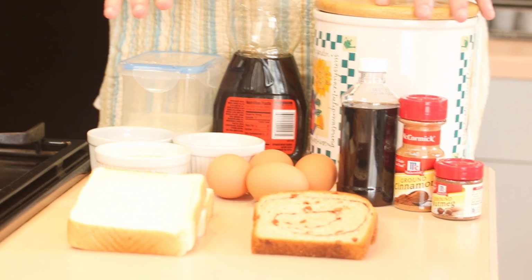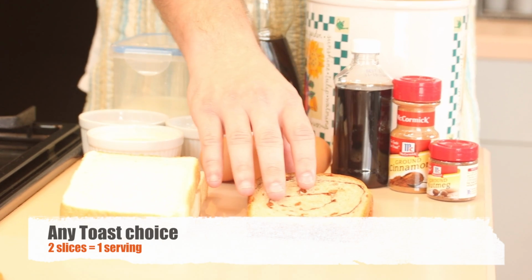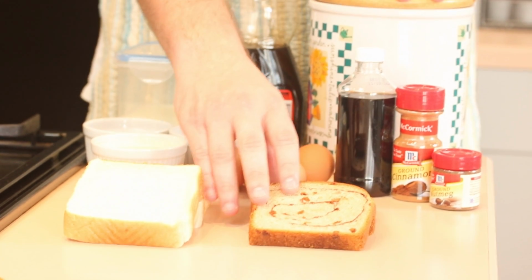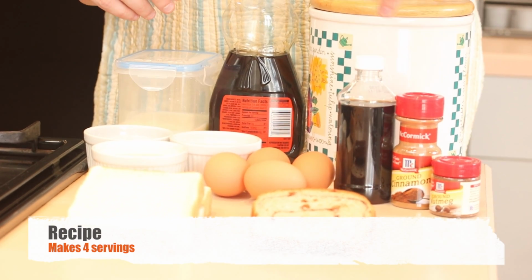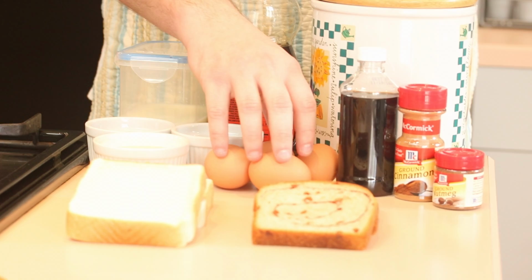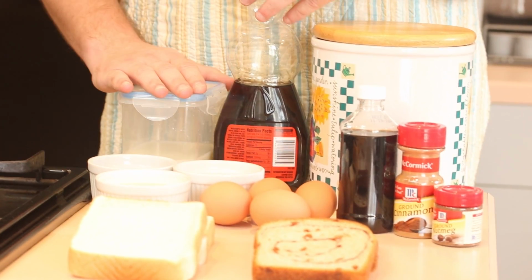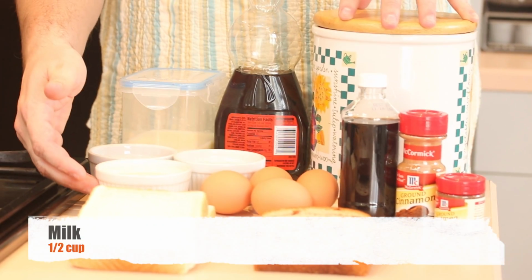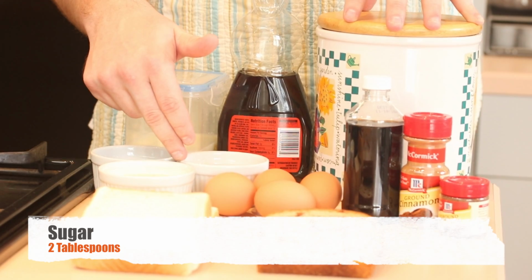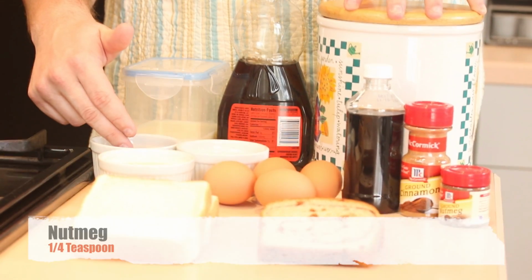We'll start with the ingredients. We have the normal Texas toast. Today we're going to be trying it with brown sugar cinnamon bread, nutmeg, cinnamon, vanilla extract, eggs, sugar, maple syrup, and milk. We have everything already pre-measured out for us. We have half a cup of milk, 2 tablespoons of sugar, 1 tablespoon of cinnamon, and a 1/4 teaspoon of